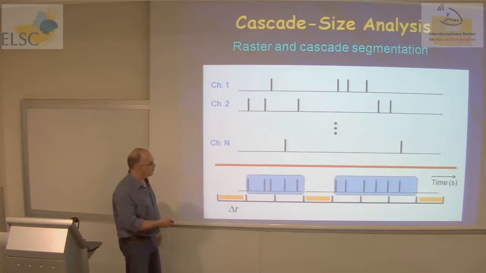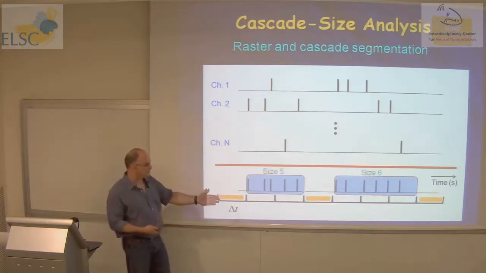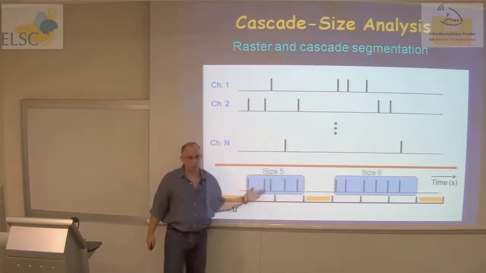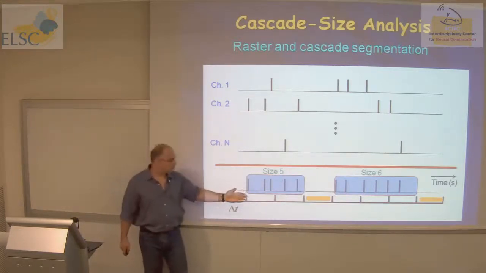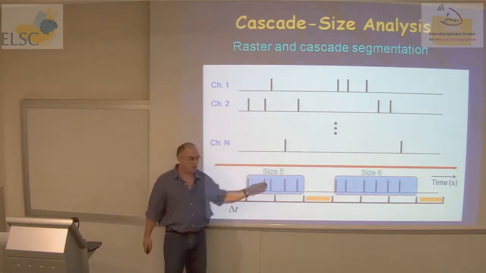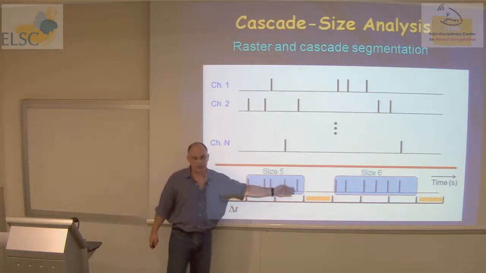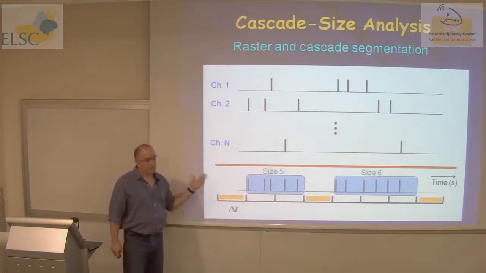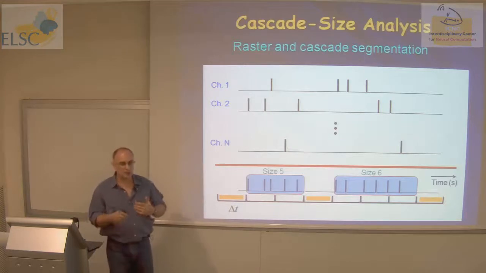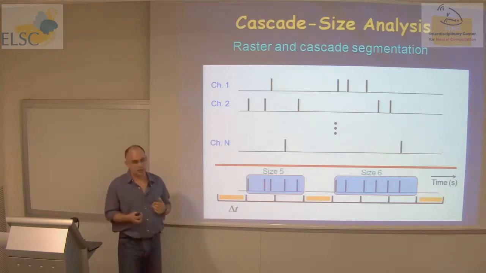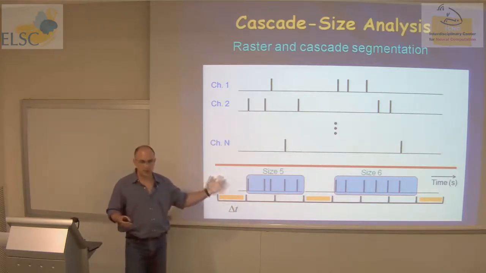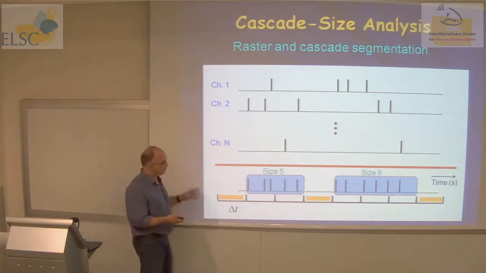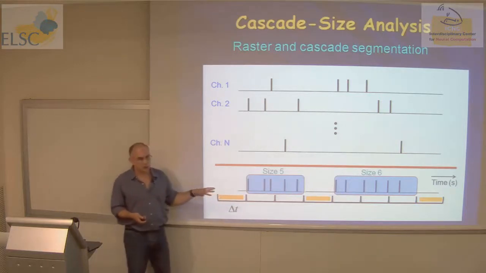So for instance, here we have two cascades, one of size 5, one of size 6. This is one way to measure sizes: just count the integer number of events from the whole array. So maybe these were 5 different sensors, or maybe there were 4 sensors, and one of them fired another event. Typically in a data set of 4 minutes, I have a few thousand cascades. Then we segment, we get all the sizes, and we can plot the distribution. It's important to emphasize at this point that the result will be sensitive to the choice of delta t.